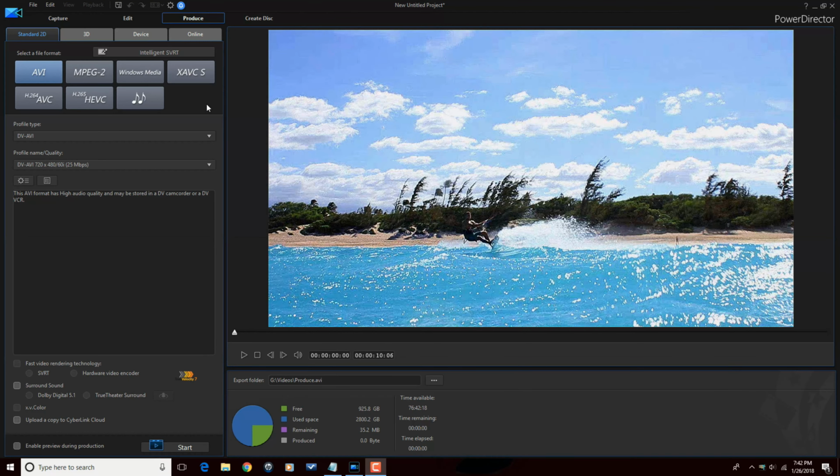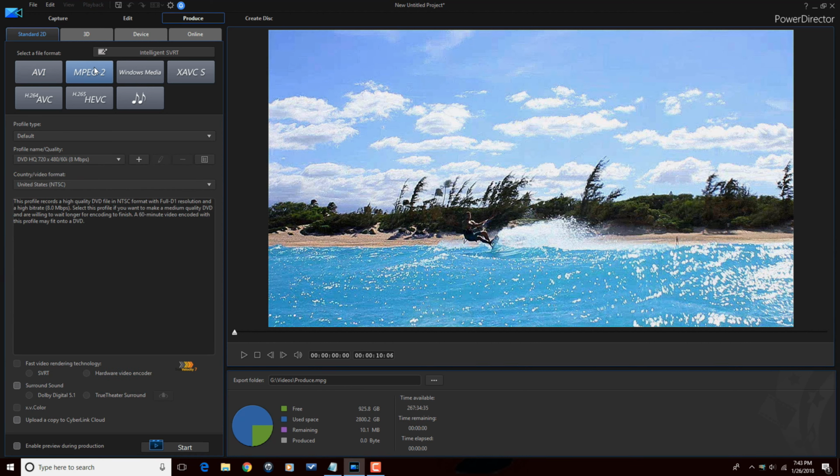The first one that we got on here is AVI. So if you're looking for a file format with less compression that can be played on most devices and websites, and you don't mind standard definition, then AVI might be a good choice for you. It's an older format, but it's still used a lot of different places online, and you can see it all over the place because of its flexibility and compatibility.